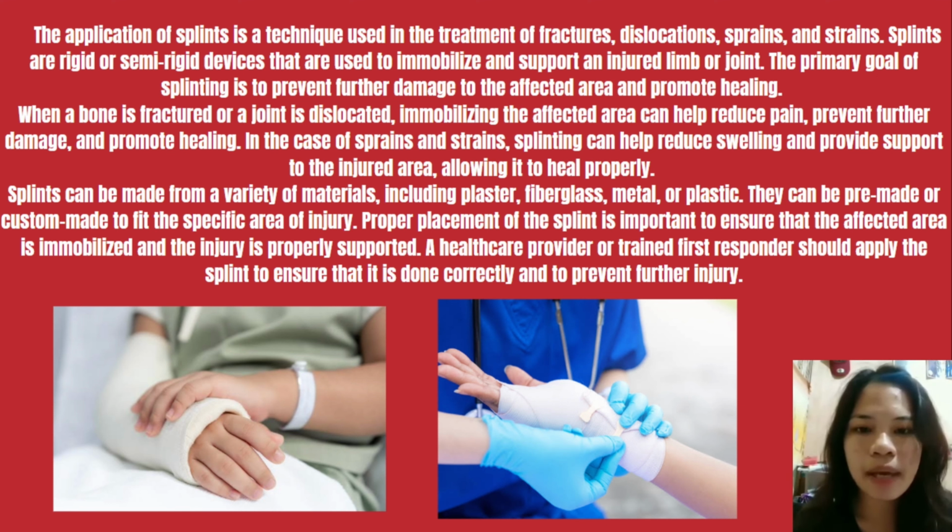Splints can be made from a variety of materials, including plaster, fiberglass, metal, or plastic. They can be pre-made or custom-made to fit the specific area of injury. Also, proper placement of the splint is important to ensure that the affected area is immobilized and the injured part is properly supported. A healthcare provider or trained first responder should apply the splint to ensure that it is done correctly